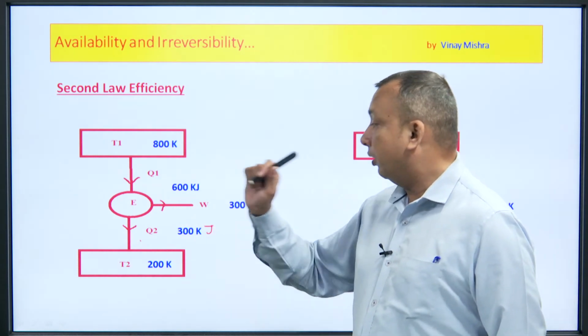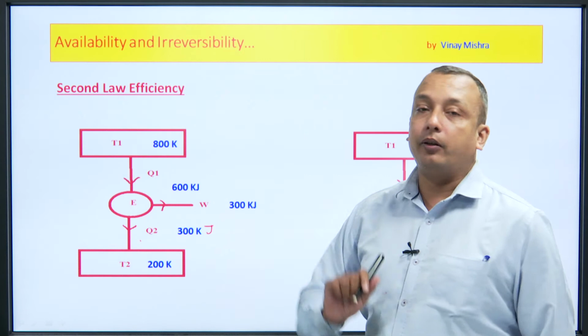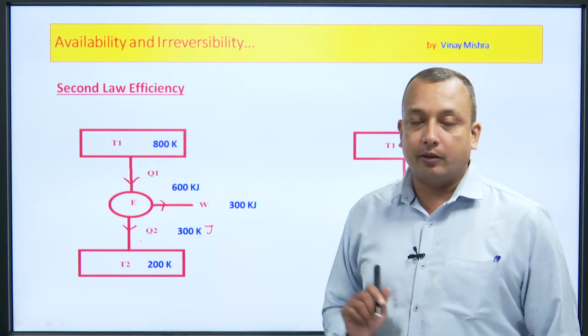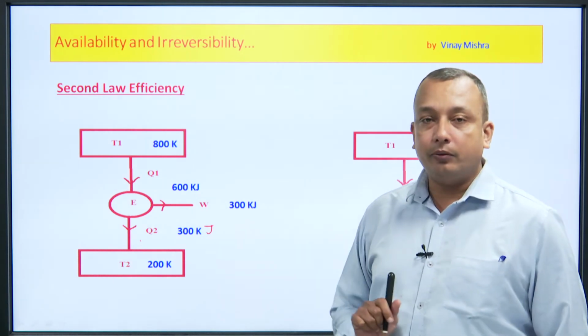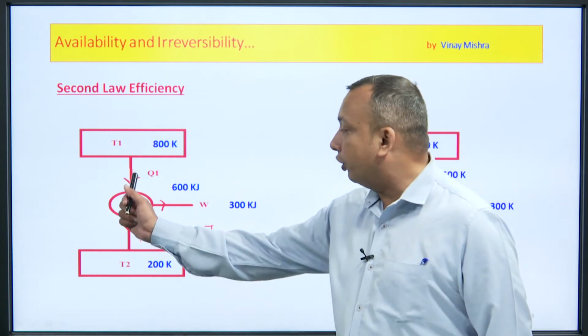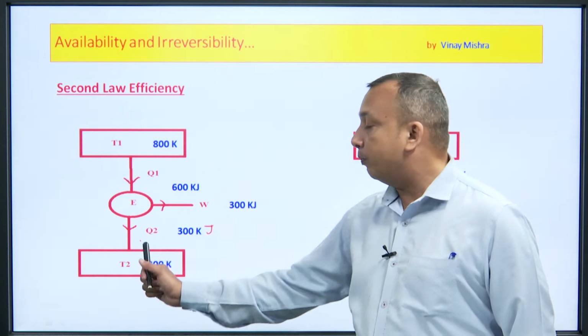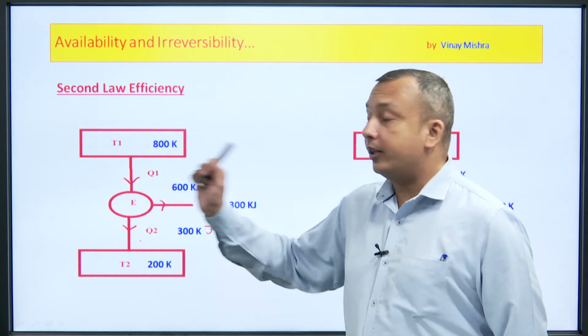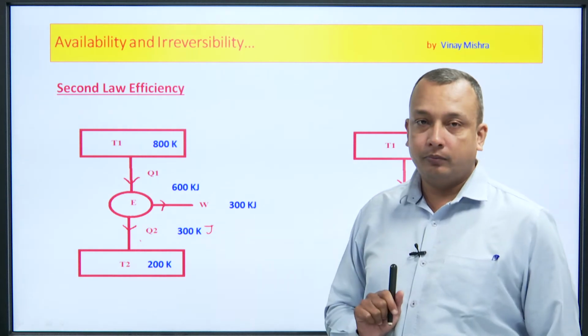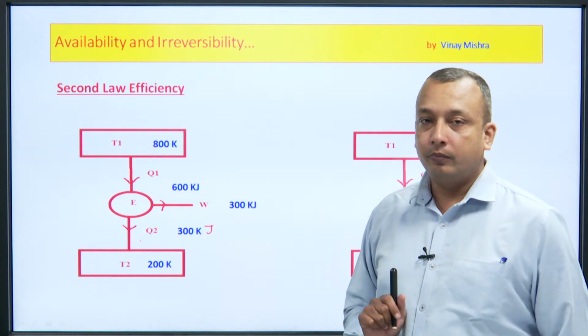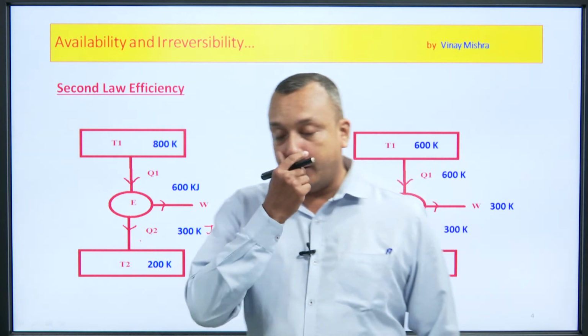This one is equal to this one plus this one, the algebraic sum, because from the heat balance equation we can say that Q1 is equal to W plus Q2: 600 is equal to 300 plus 300, simply 600. In the second question, in the second part of this engine,